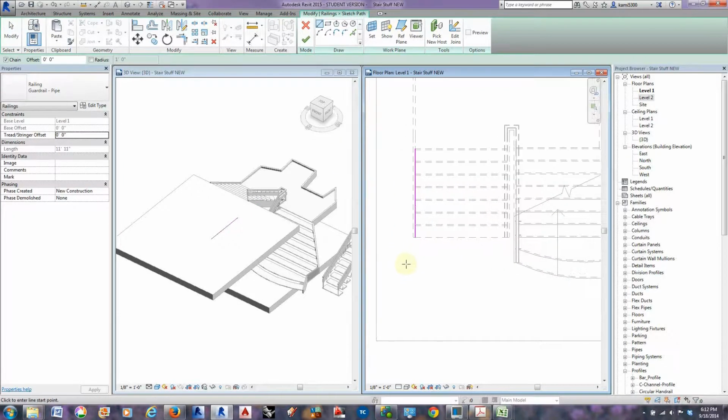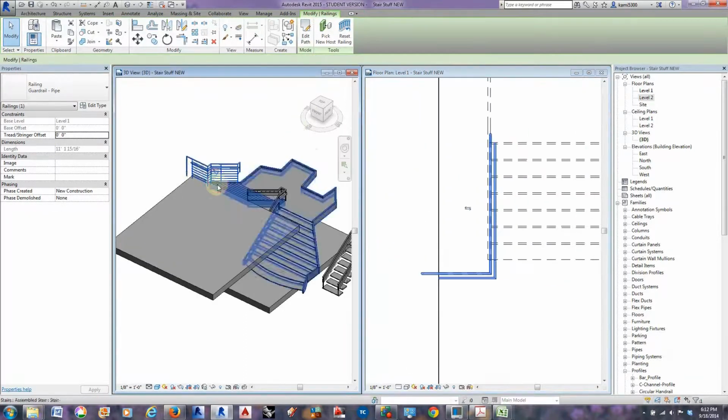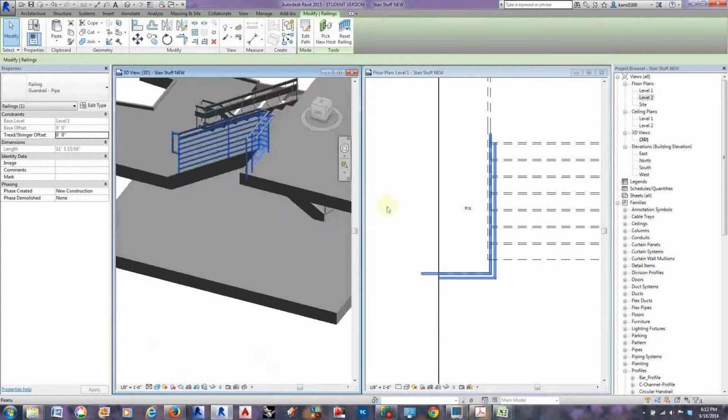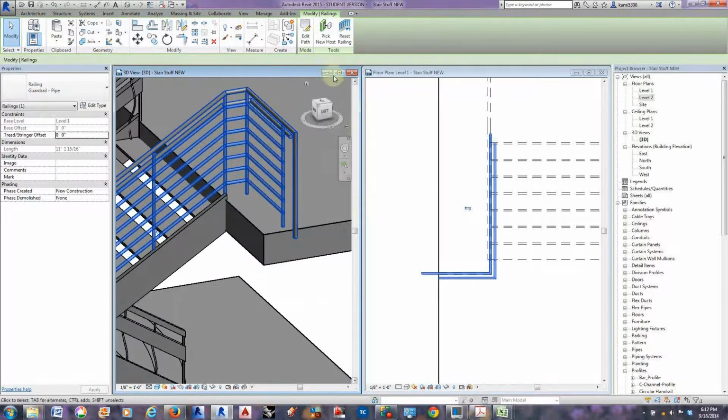So we have the railing and it's at that slope, and then go ahead and do something like that. It'll connect evenly, right? Instead of,